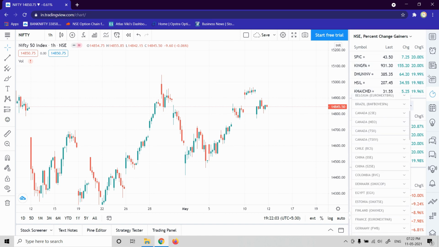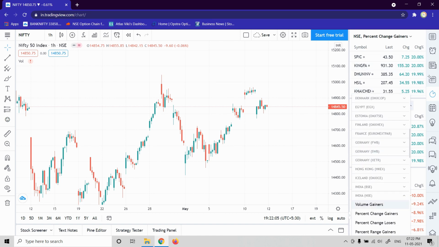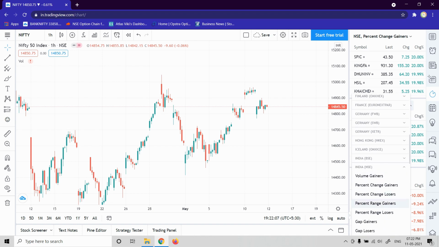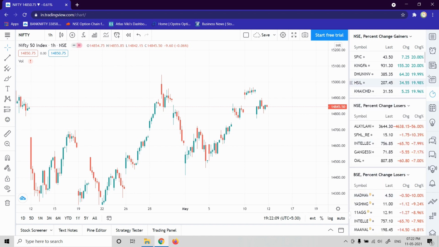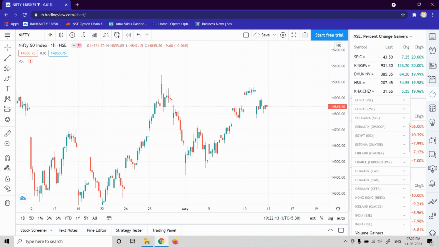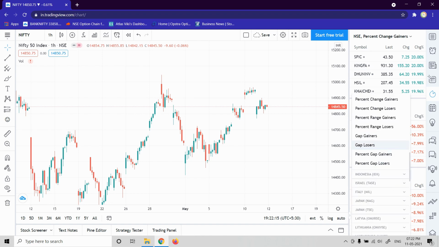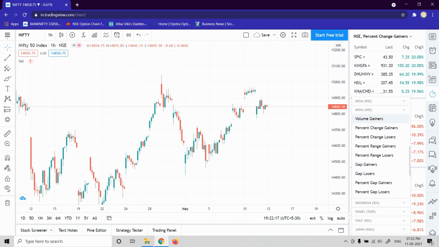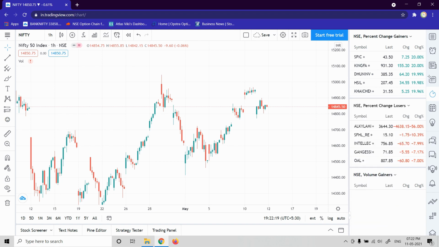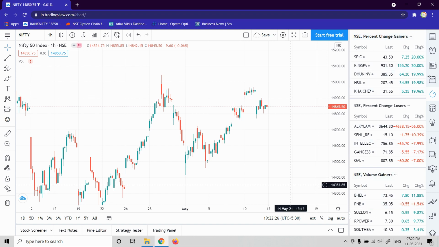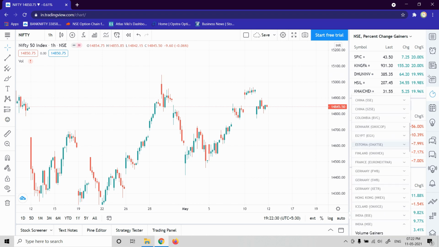And for the second one, I will choose India NSE again. So it is open. Now I'm choosing the low. So I have got the top gainer, top loser. Then I will look for volumes always. So let me also find the volume gainer here. Yeah, I've got the volume gainer as well. So I have got the top gainer, top loser, and the volume gainer. This is a very, very useful indicator that I have with TradingView. You can use it in multiple other ways as well.